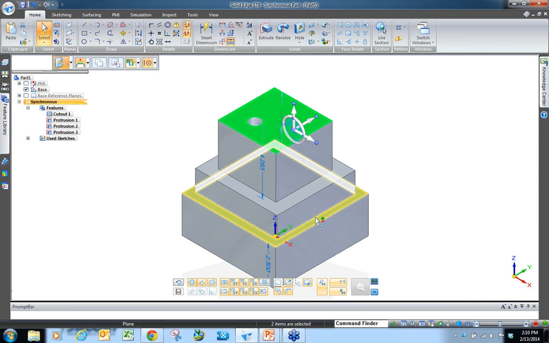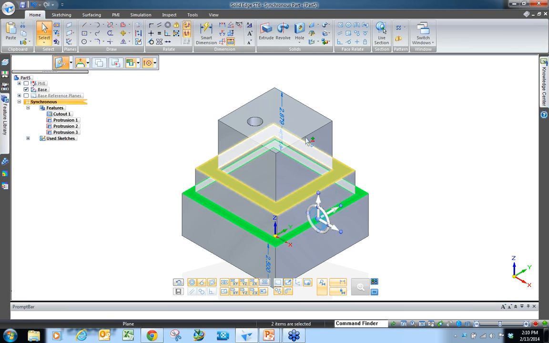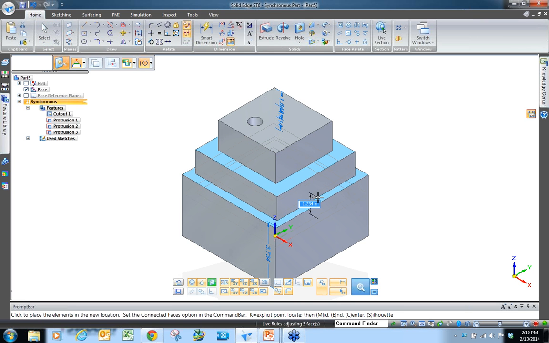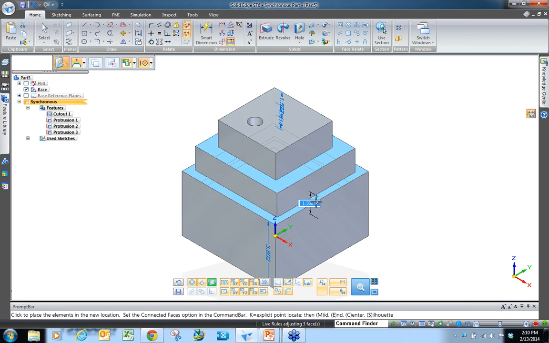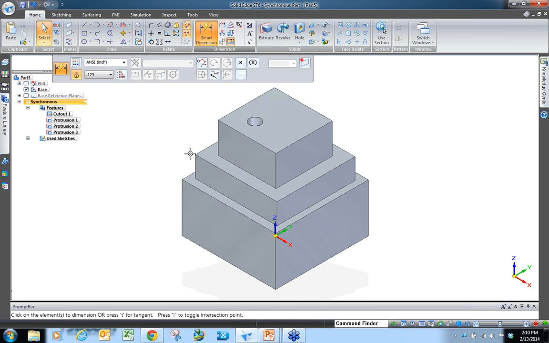So I wanted to change this height down here. Click on this face. I want this one to move as well. Go ahead and readjust that height, maintaining the thickness of the second level. Now I could go in there and put some dimensions on it, because one of the main things I hear